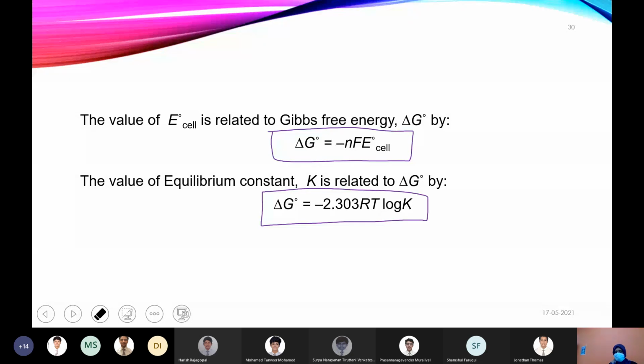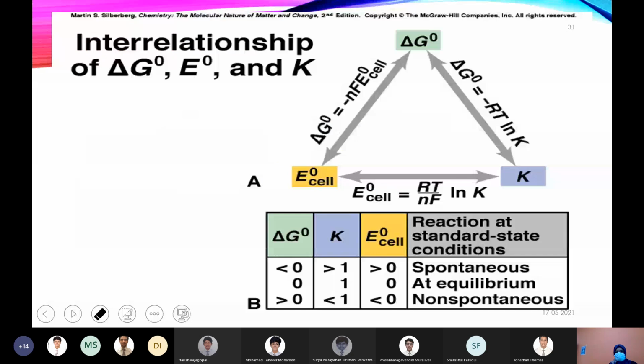Ready? We'll start. Okay. This is like what you learned last year about when a reaction is spontaneous and non-spontaneous. So it could be like a cell reaction. You can predict the feasibility of a cell reaction by calculating delta G. Okay, so we know that when delta G is less than 0, the reaction is spontaneous. When delta G is equal to 0, that means it is at equilibrium, and when delta G is greater than 0, the reaction is non-spontaneous, right?